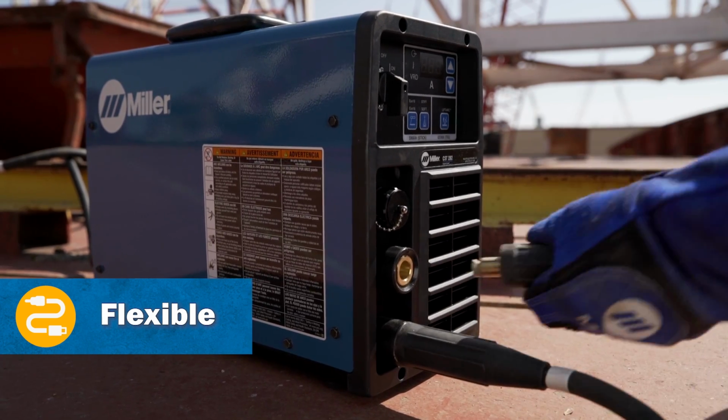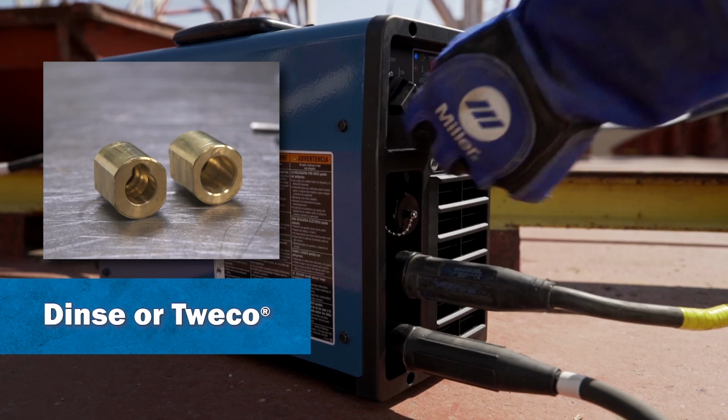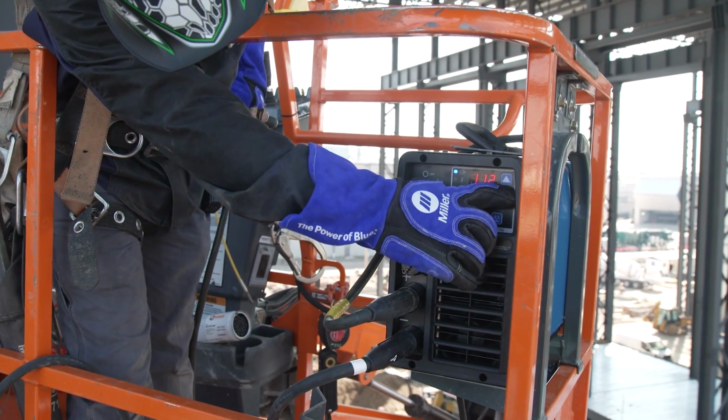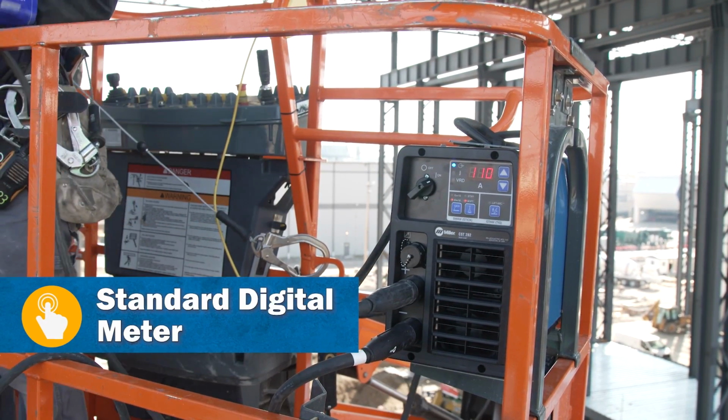Its exclusive universal connectors allow quick configuration to any weld cables at the job site. It has a simple, accurate interface with easy-to-use push-button controls, and a digital amperage meter is standard for the precision